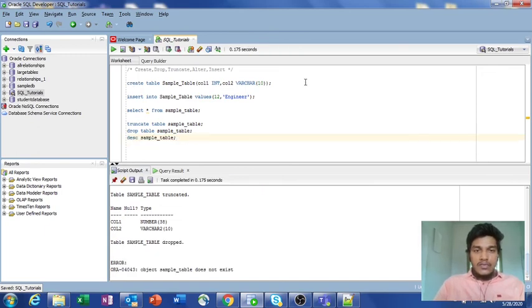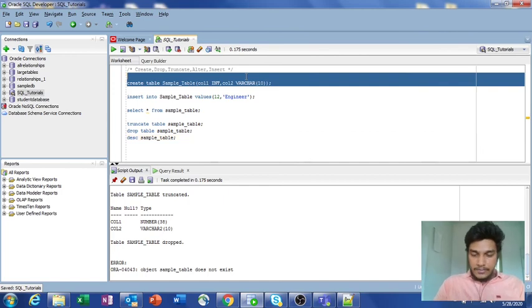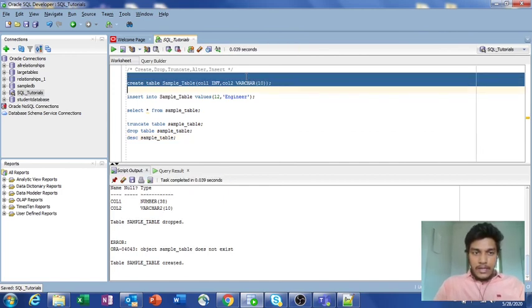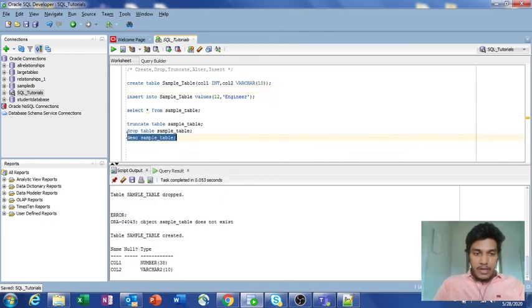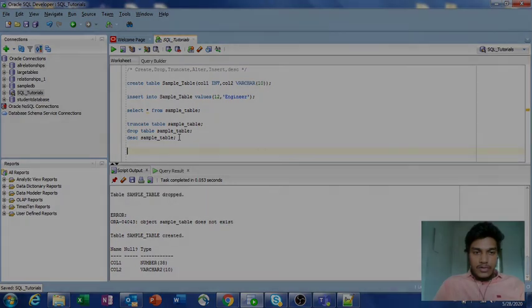So for that, I am creating this table again. I am running this particular sample statement again, and checking describe sample table again. So these are the contents present in it. We have now discussed the create command, as well as drop, how to truncate a table, and how to insert values into a table. We also discussed how to check the schema of a particular table by using the describe command, which is DESC. Now what I want to show is